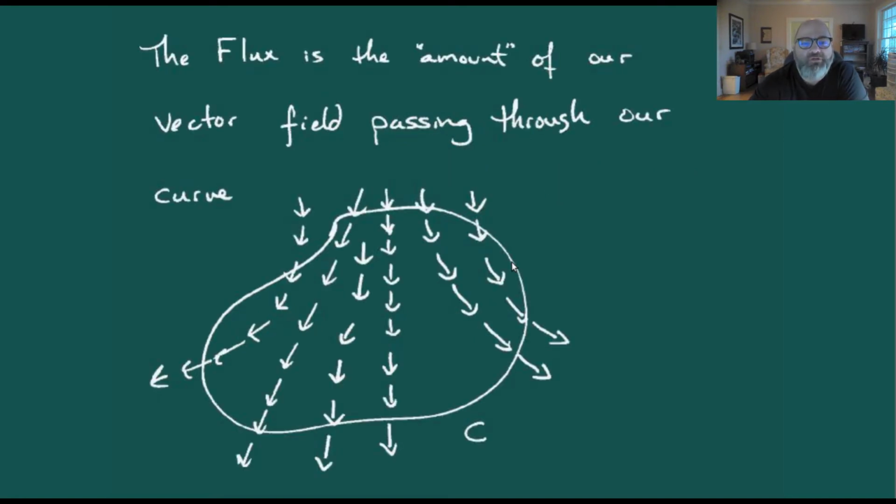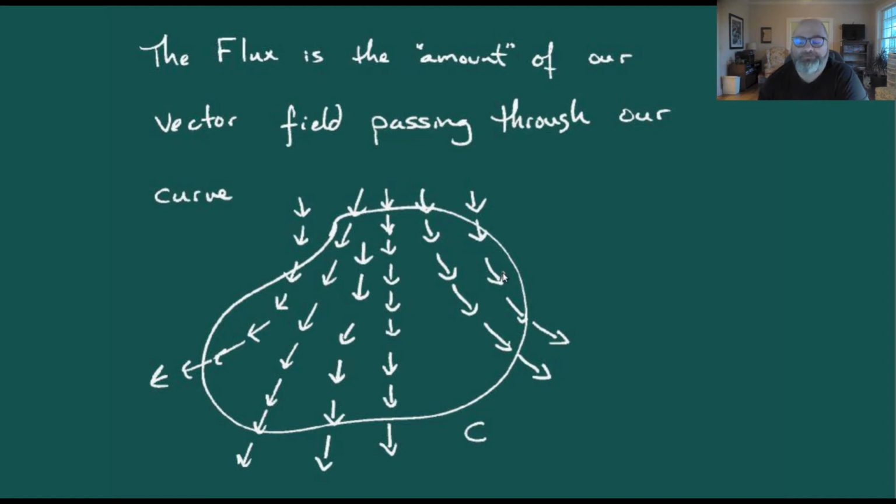When we talk about flux, we're really talking about the amount of our vector field that's actually passing through a curve or a surface that we're interested in. At each point in the plane we've got our vector field, with these vectors attached to it. We come up with a curve, whatever curve we happen to want, and we look at how much of our vector field is pushing through that curve or coming through that curve